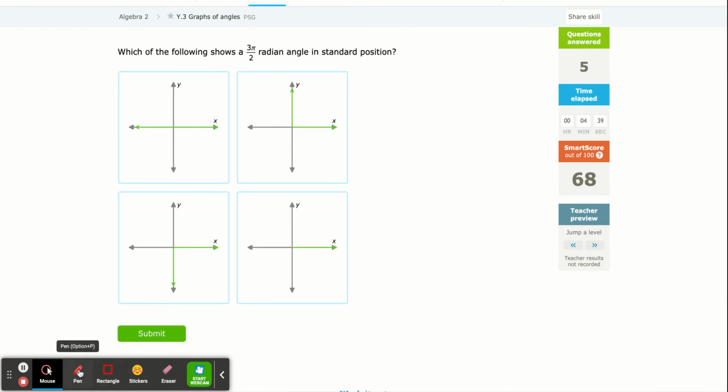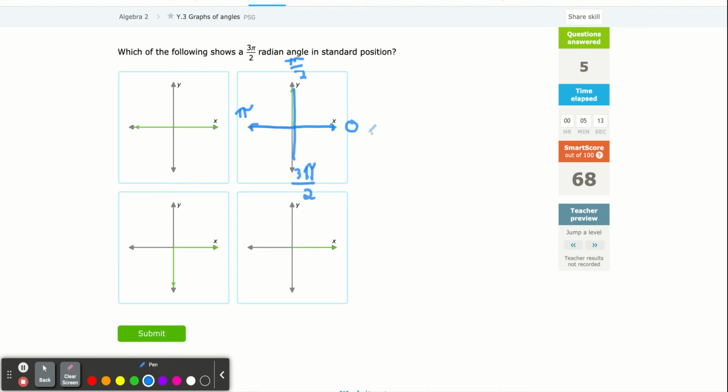Now, to make radians easier, I would highly recommend you take the time to realize that we still start at the positive x-axis. This here is still 0. Halfway around the circle, or pointing in the other direction, would be pi radians. So a 90-degree angle would be pi halves radians. And if you were to go all the way down to here, it would be 3 pi halves radians,